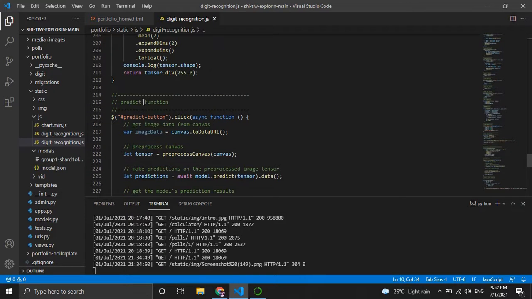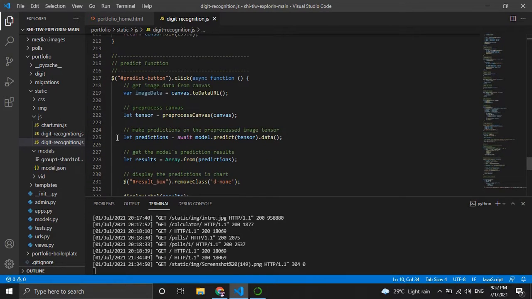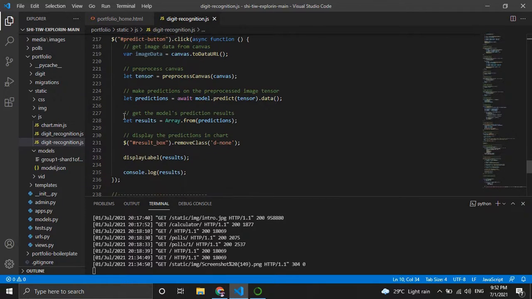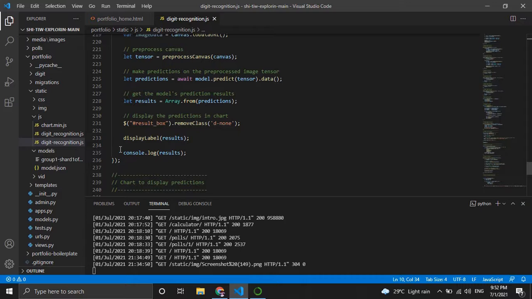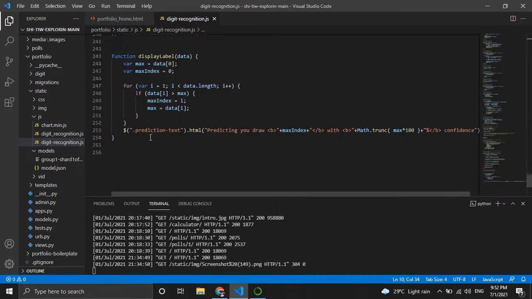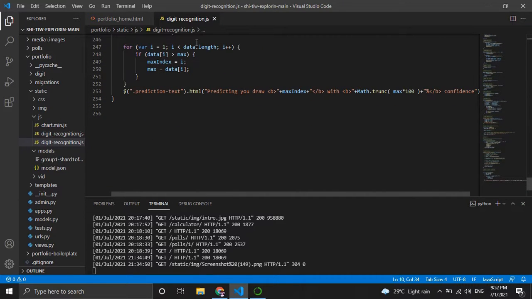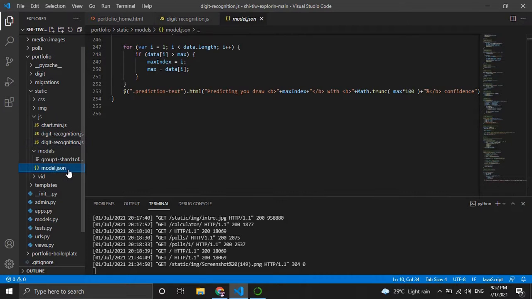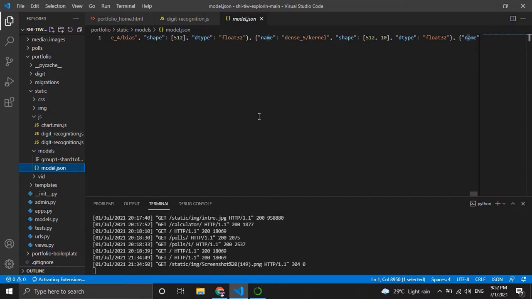This is the area of prediction. Here it predicts the value, and then it is going to give us the outcome. So this was the JavaScript function we use to predict the values, and this is the JSON file that we have saved using that Python function.